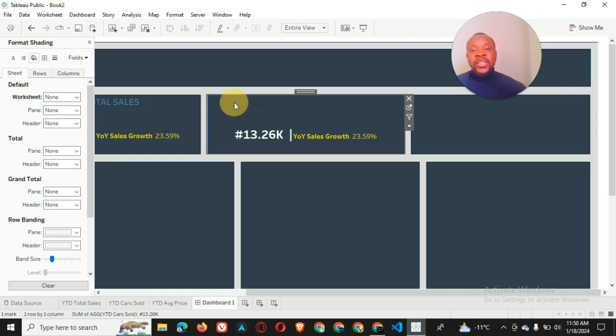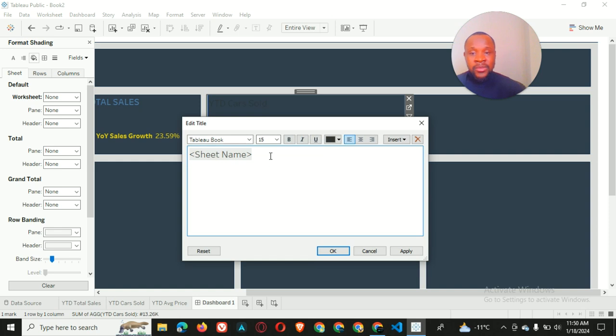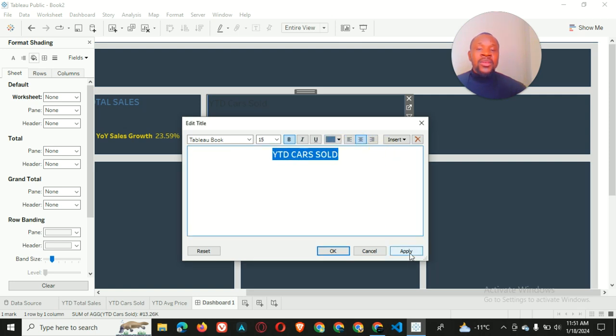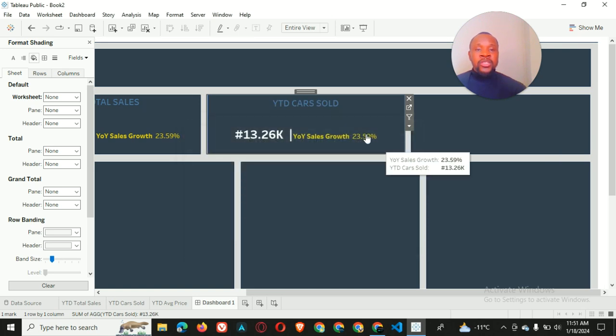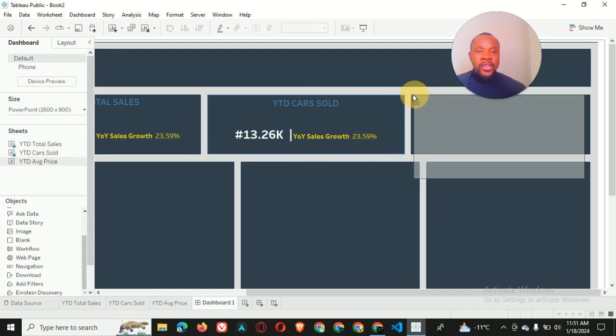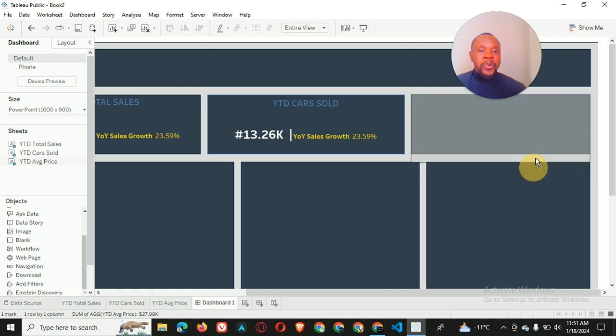So then we edit the title. We select all this and call it years to date cars sold. All right, we make it bolder, put it in the middle and make it a blue color. Apply, then okay. So you've seen what we did. So having done that, we drag our average price here and adjust it to fit into our placeholder,